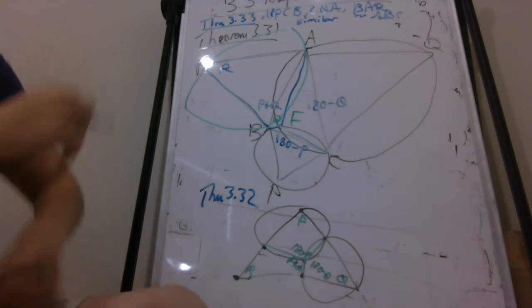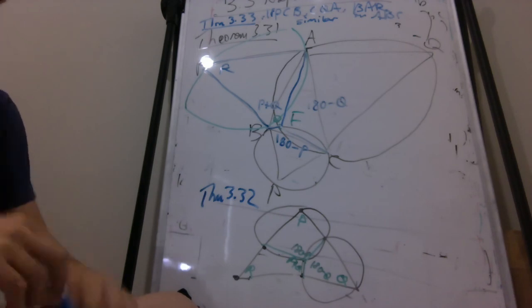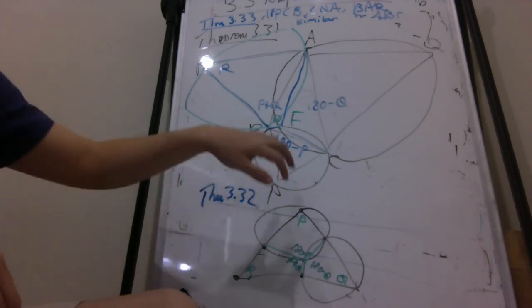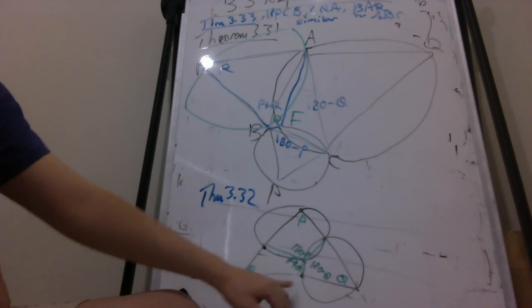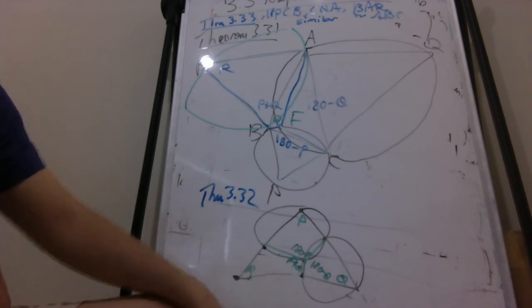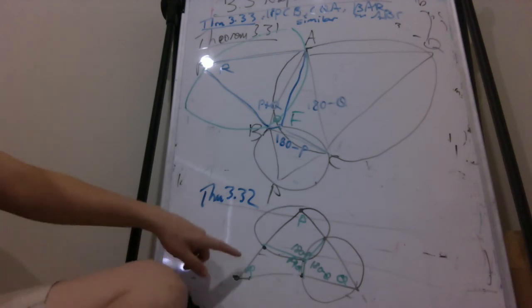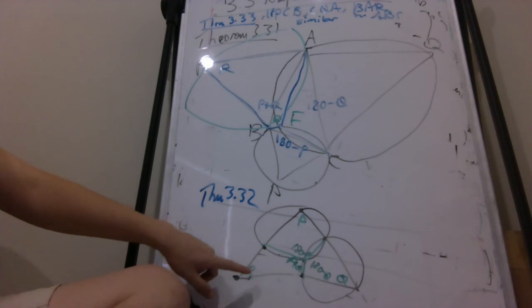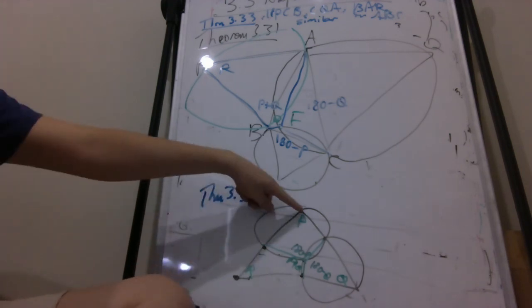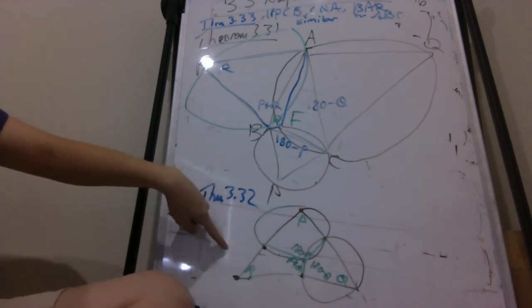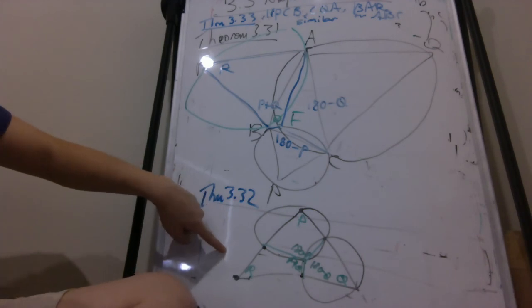Wait, what? It's the exact same thing, though. I mean, the concurrent line is like this one, right? No, I meant AP, that's collinear. APCR and BQ concurrent. So basically this one, if you didn't have the R, it's kind of like saying if you drew this P anywhere here, in such a way that